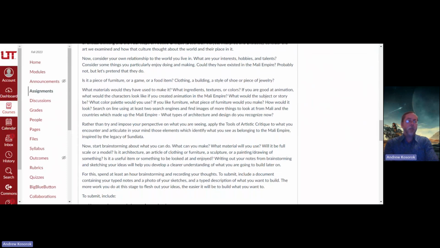Another student took a regular weight bench and covered it with materials that were available to the people in the Mali Empire 700 years ago. And they did it in such a way that it looked like the weight bench was made out of terracotta and wood. That was pretty amazing. Now, I've had at least 3 people make Malian water parks. They thought, well, what would a water park look like that people had 700 years ago? And they created this thing